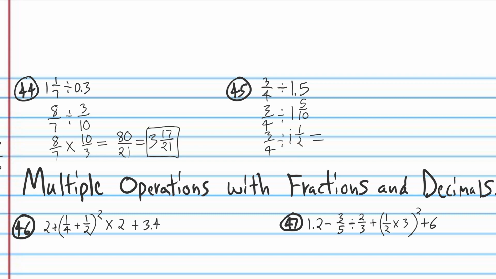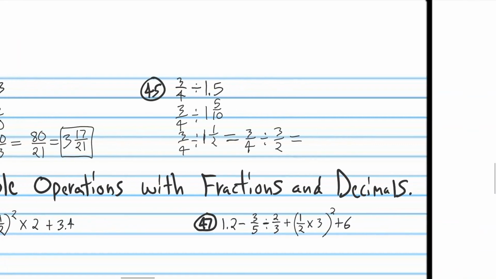And now we have a mixed number that we need to change to an improper fraction. Remember, when you're multiplying and dividing mixed numbers, you have to change them to improper fractions, so you get 3/2. Whoops, sorry. 3/4 divided by 3/2. And then, to divide fractions, you just change the division sign to multiplication, flip the divisor,